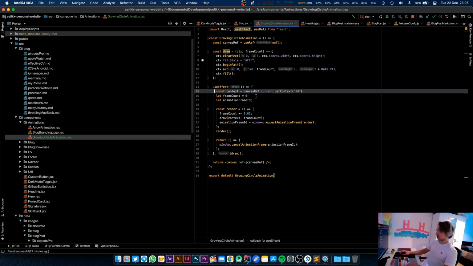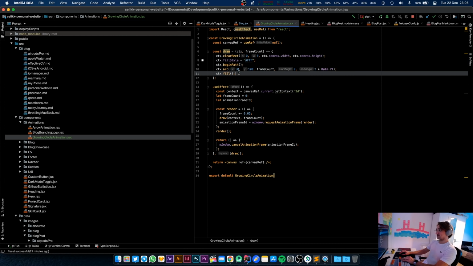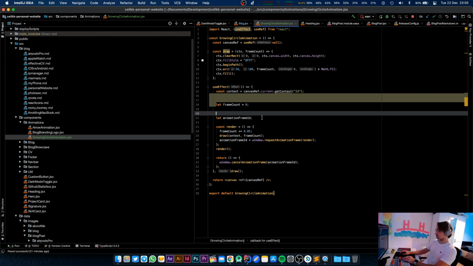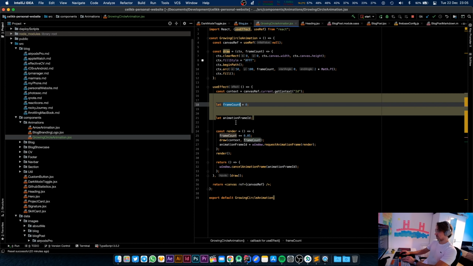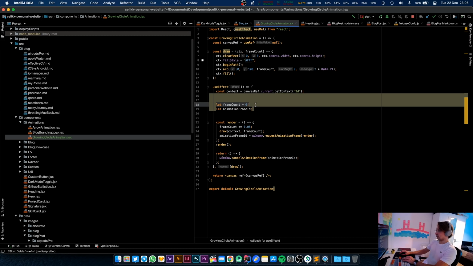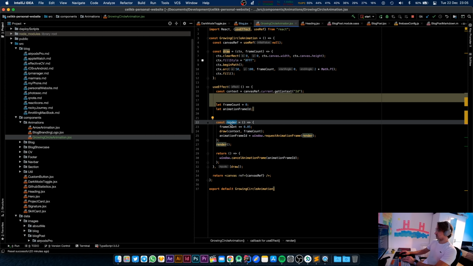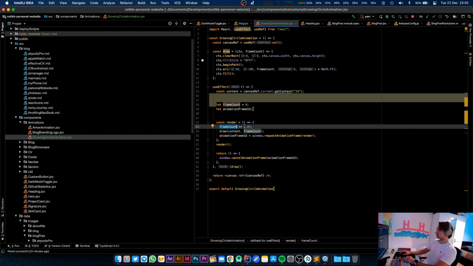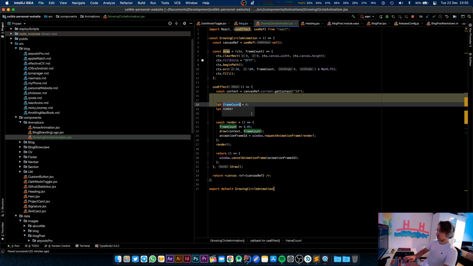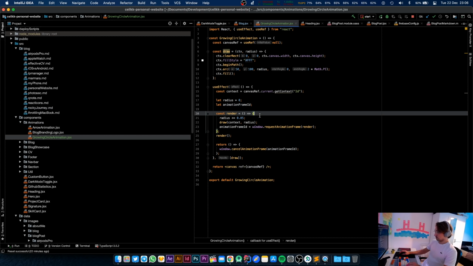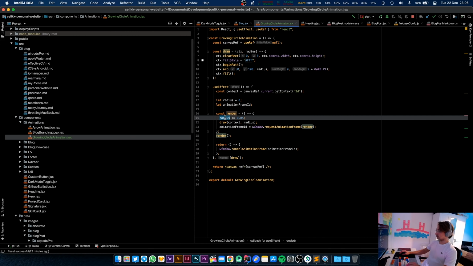We are referring back to the canvas. We are drawing some stuff in the context again. But different from the previous one, we have the frame count and animation frame ID in here. Okay, so the frame count starts from 0 and animation frame ID, I'm going to talk about it in a bit. So in each render, we're going to be increasing our frame count by 0.5%, and I've just realized it's a very bad idea to call this frame count. Let's just call this radius. Okay, so each time the render function is called, we're going to be increasing the radius by 0.05%,